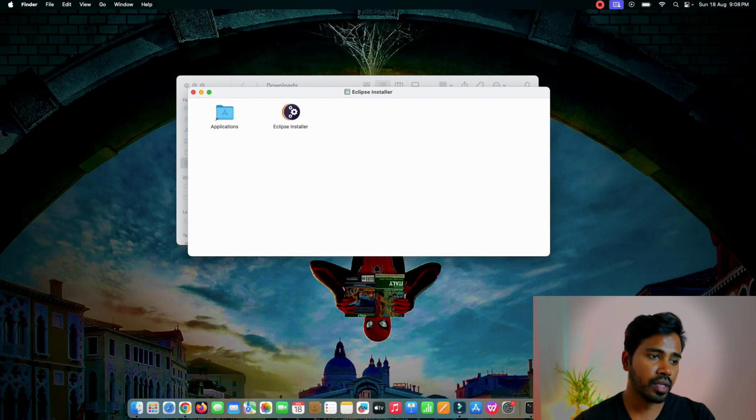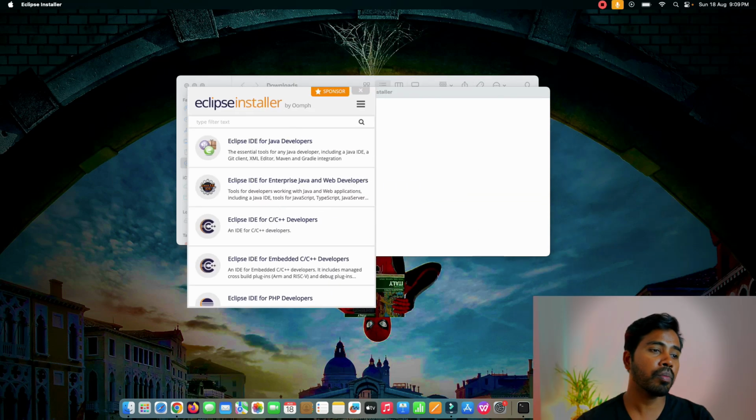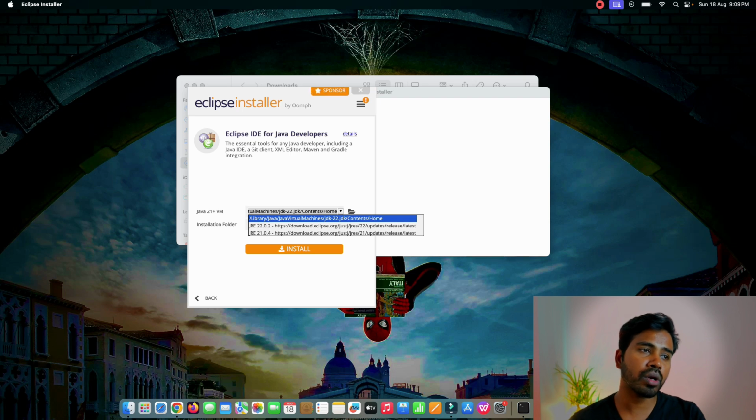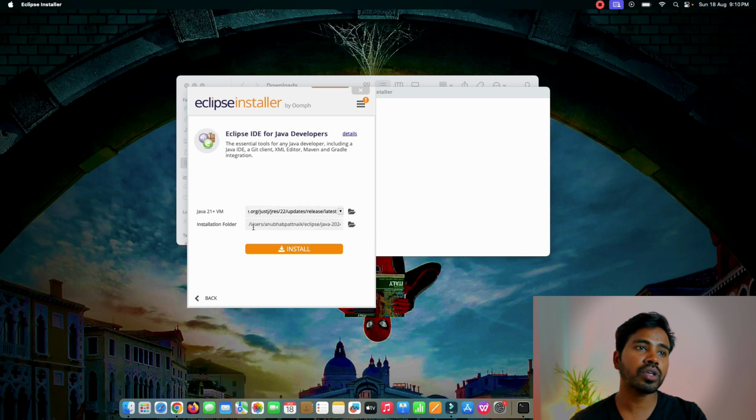Okay, we'll click on open. After clicking on open, you can see there are several options like Java developer, C, C++, PHP. Depending on your requirement, you can choose the specific one. For our case we'll choose Java developer. After choosing Java developer, you will see two more options. One is for virtual machine, another for the installation folder. Under virtual machine, let's choose the JVM which we have downloaded, under the JDK, which is 22.0.2. Let's choose that one. And for the installation folder, I'll choose something under Anubhav Patnaik